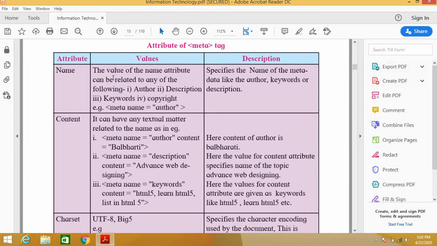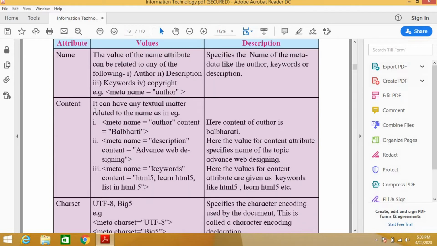If you use the meta tag with this attribute, how are you going to use it? The meta tag attribute is name equal to author, where name is the attribute and author is the value. It specifies the name of the metadata, like author, keywords or description. So this is one attribute.